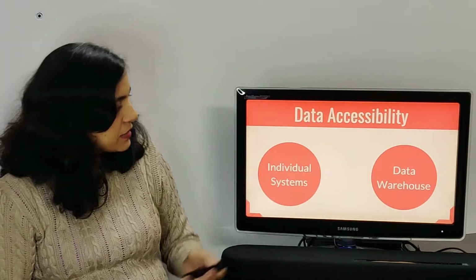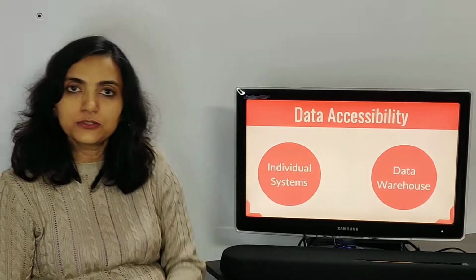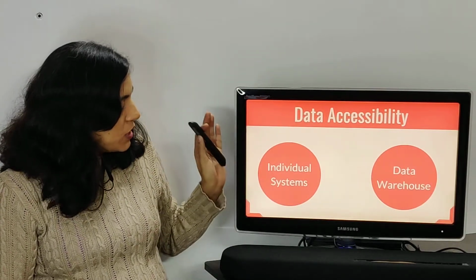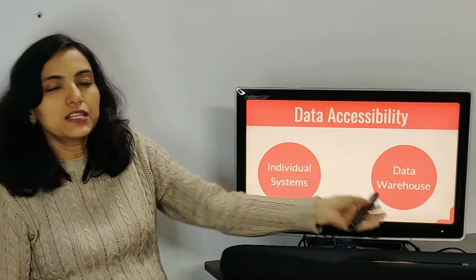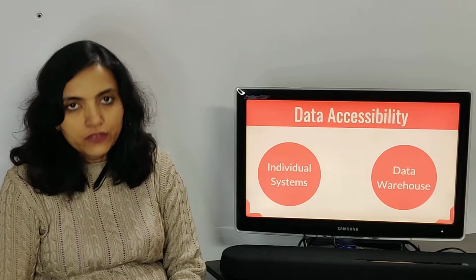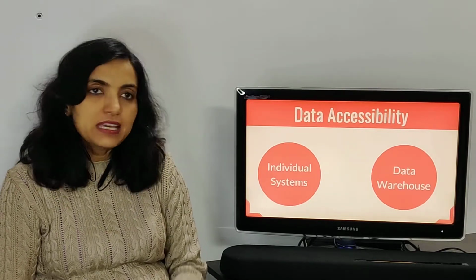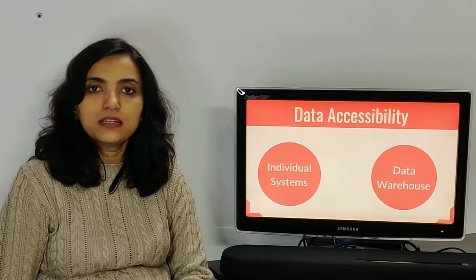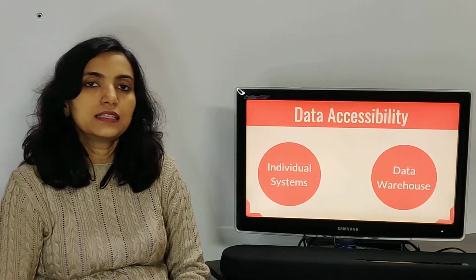So your analytics can be done on top of this single source of data. Now in an ideal case, we would want literally every piece of data to be present in the warehouse, and in most cases most important pieces of data will be there. However, there may be cases when it will not be available in the data warehouse and you will have to go back to the individual systems to access that data.